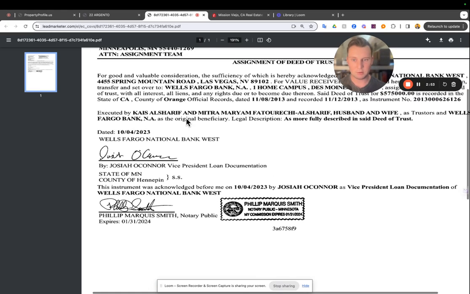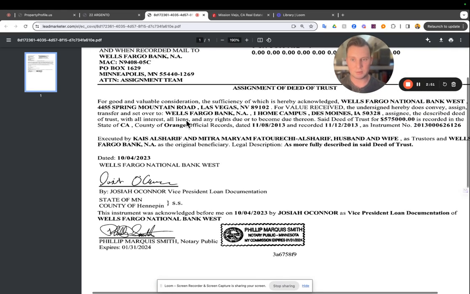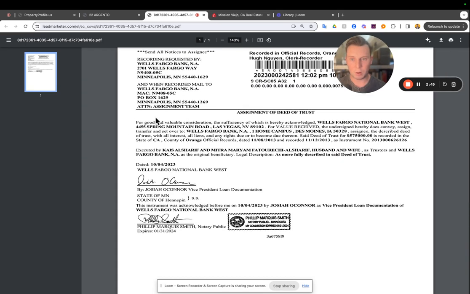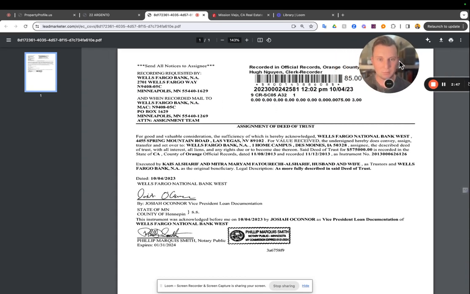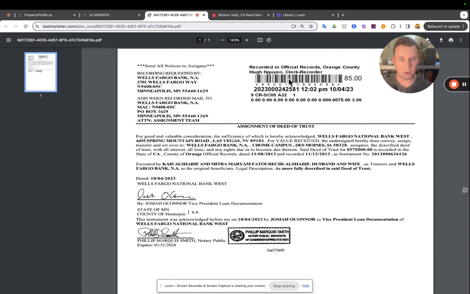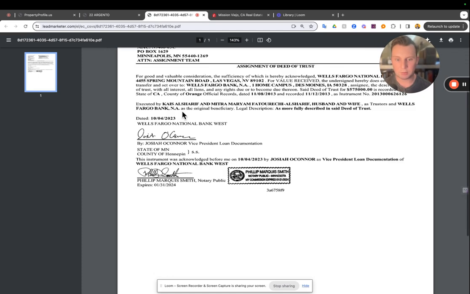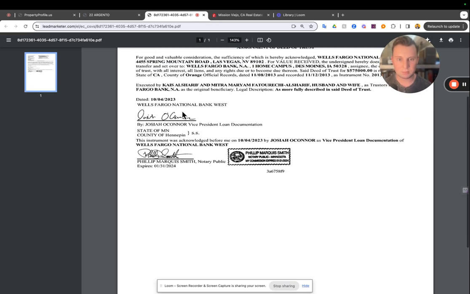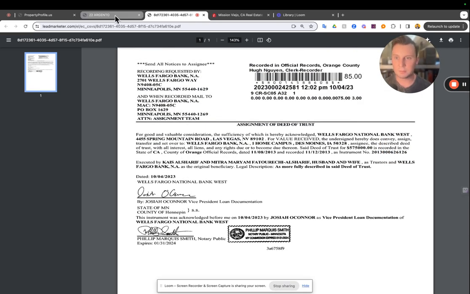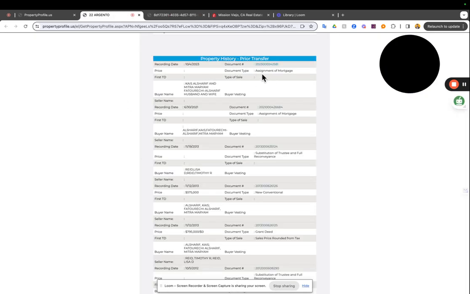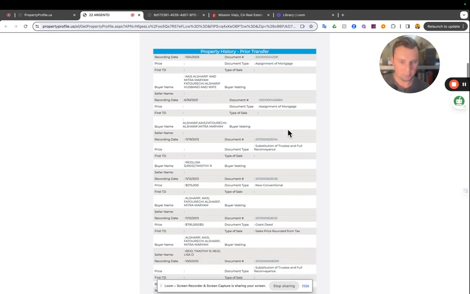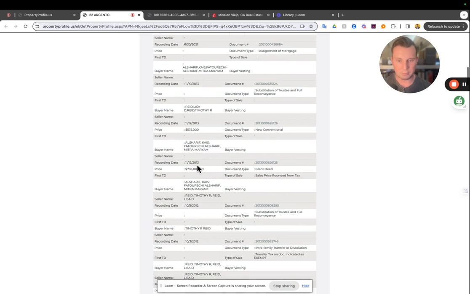Right here, if you zoom in, it's going to be giving us the document, as well as, if we look up here and we move this, recorded in official records, Orange County. When you look at the rest of this, very short document. But this is going to show us that this was an assignment of mortgage. So if we go down a little bit more,